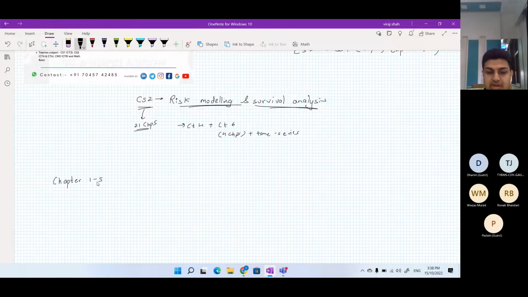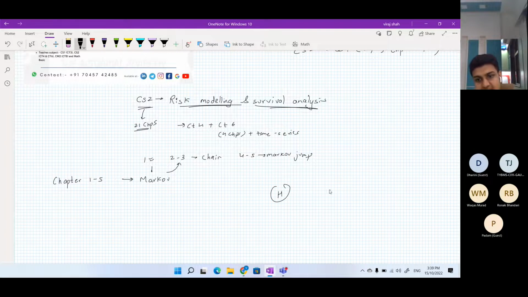Chapters 1 to 5 are called the Markov chapters. Chapter 1 is theory, 2 and 3 are Markov chain, and 4 and 5 are Markov jump. In the first chapter we'll be understanding the concepts required to do your Markov analysis. Then we'll extend our chapter 1 analysis to chain analysis. So like what happens over a period of time? What is the probability of being healthy to sick?